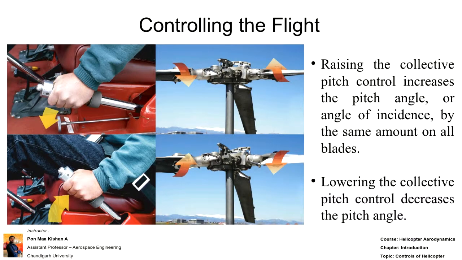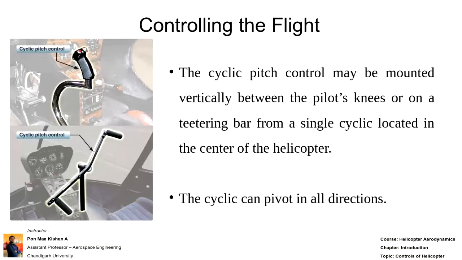Right. So this is a cyclic pitch control, which will be located in front of the seat and in between, if this is a single pilot. This is for when they also want to have a trainee. Depending upon the variation of control sticks, the location of placement may also vary accordingly. I hope with this you can understand how the pilot will be controlling.